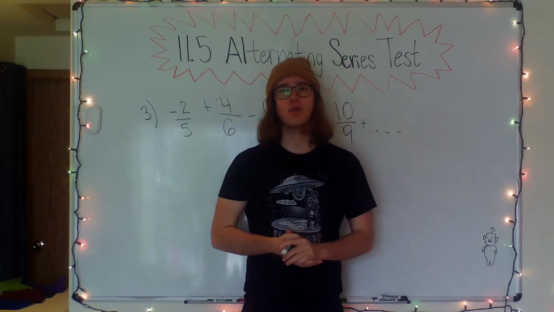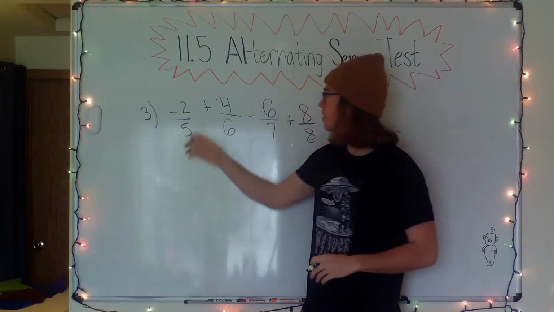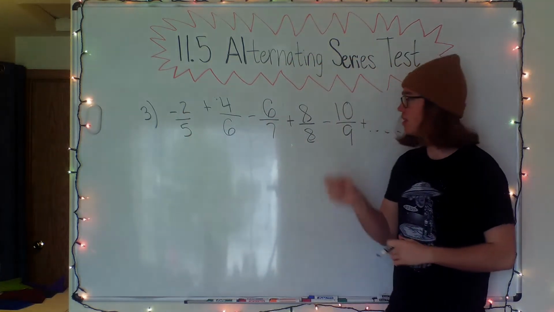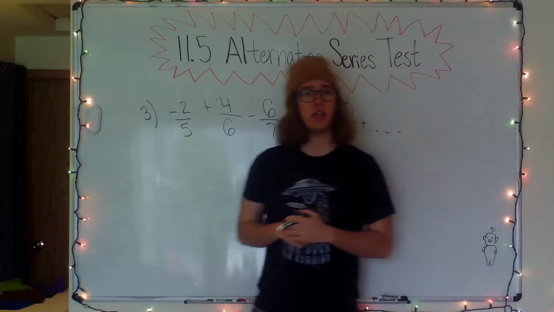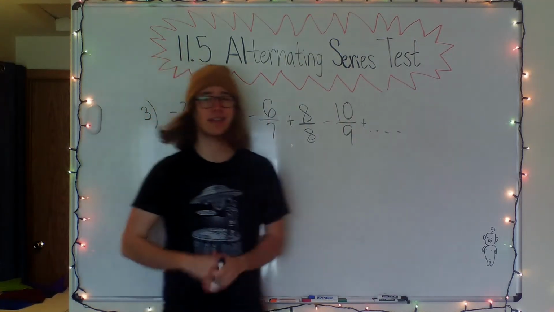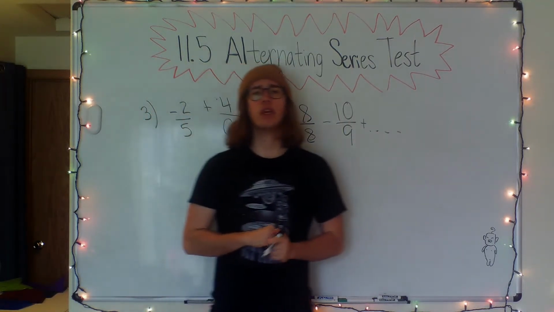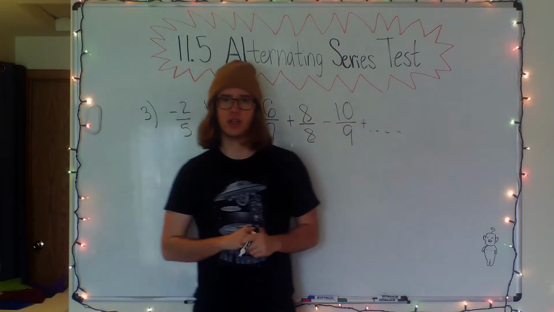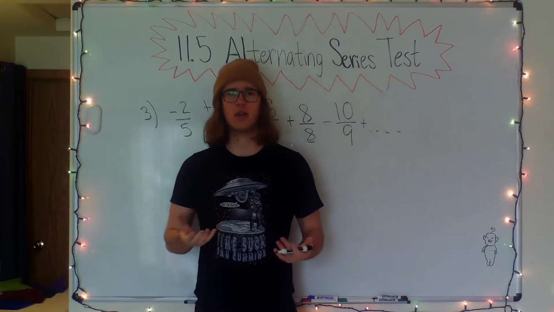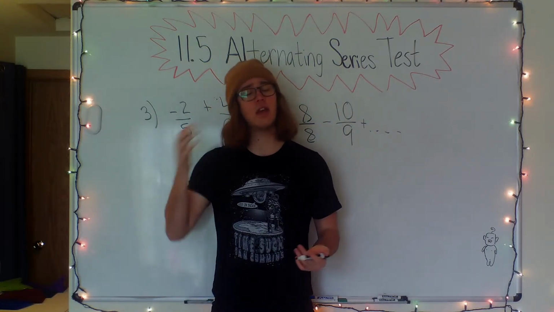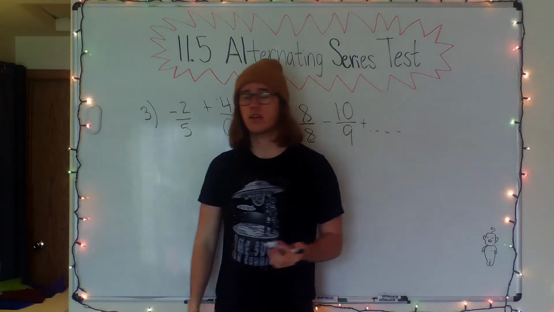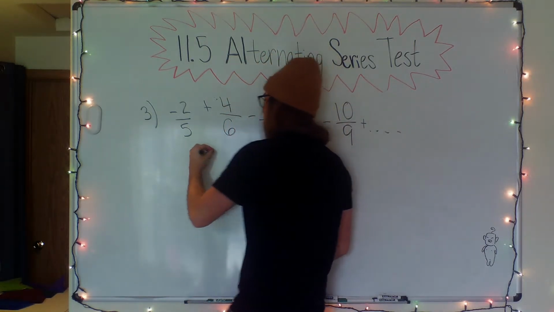So now we look at this series: negative 2/5 plus 4/6 minus 6/7 plus 8/8 minus 10/9. And we ask, does this series converge? We might also want to figure out what the series even is in the first place. It's not super necessary, but this would actually be the sum